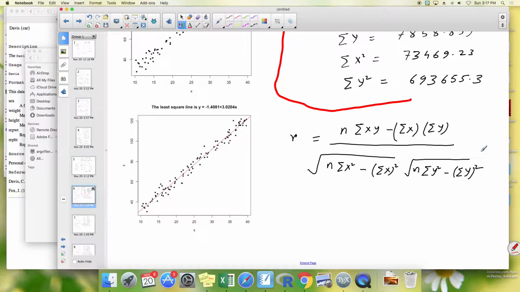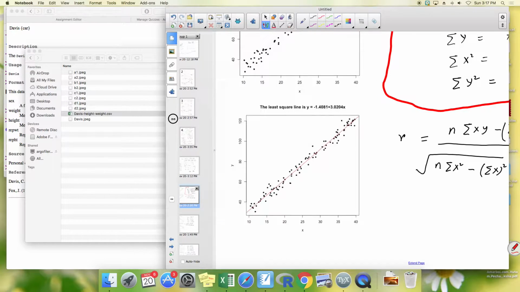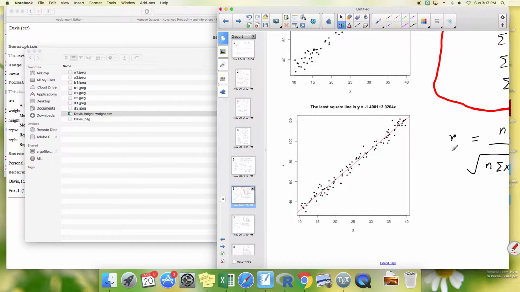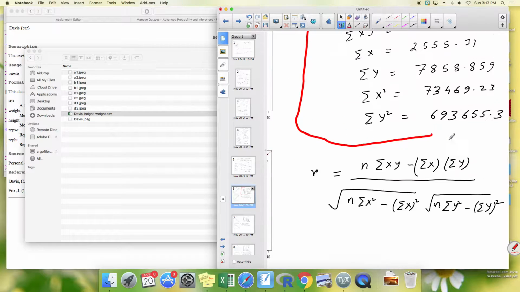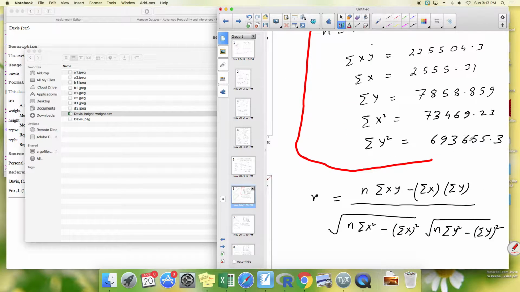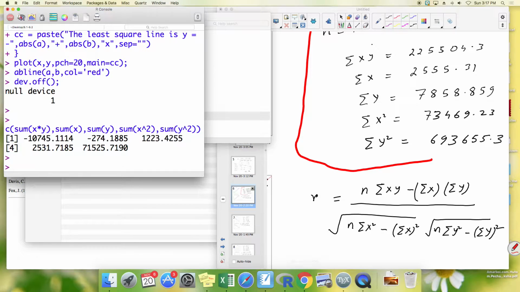So just look at the formula, this. So let me just use the values and use the formula. So these are the values, and n is 100, remember. Now let me input the formula. So on the numerator, it should be n times